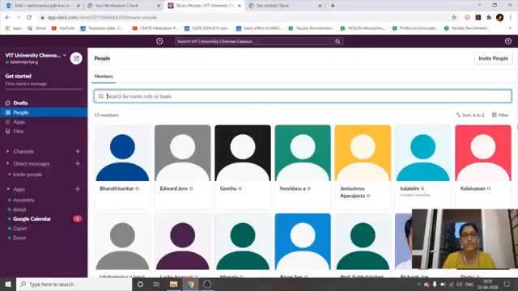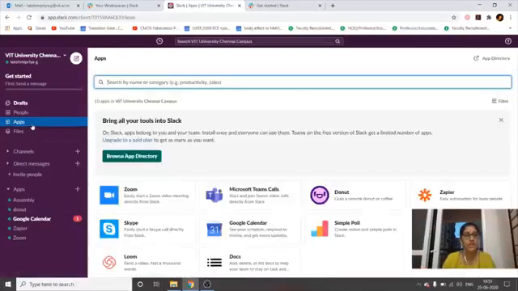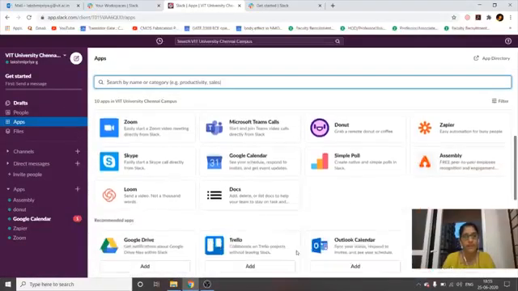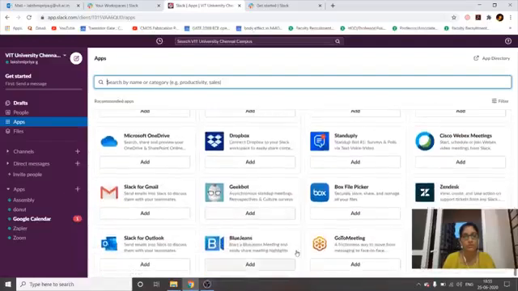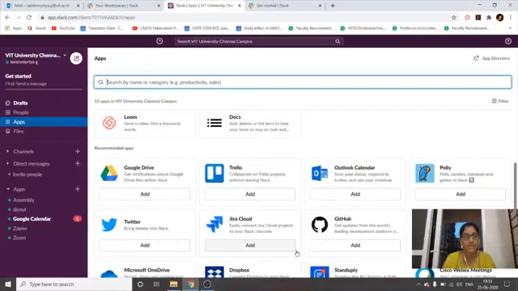So this is one single forum wherein we can add a number of apps like Zoom, Zapier, Google Calendar. There are a number of apps which we can find in this browse app directory. So it shows you different kinds of apps. All these apps can be easily integrated with the Slack mailing list. And here if you just click this add option, it will automatically add this particular app to our workspace. And to be precise, it is an easy to use one-stop platform.